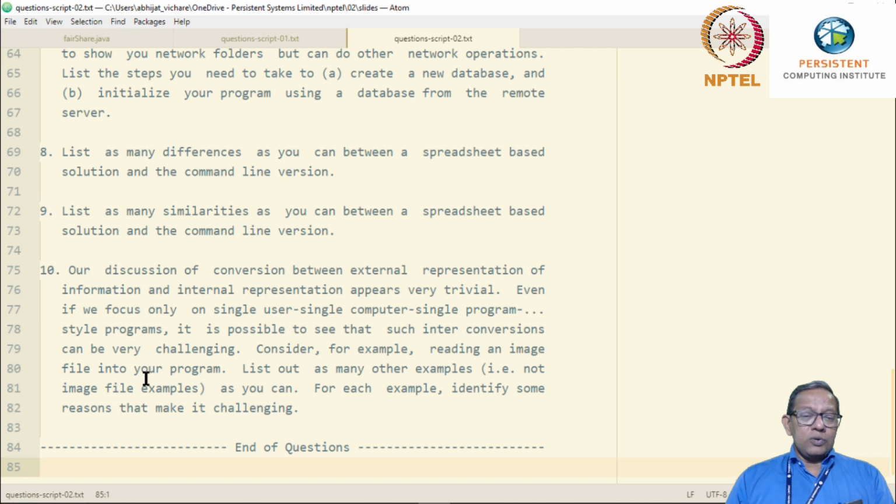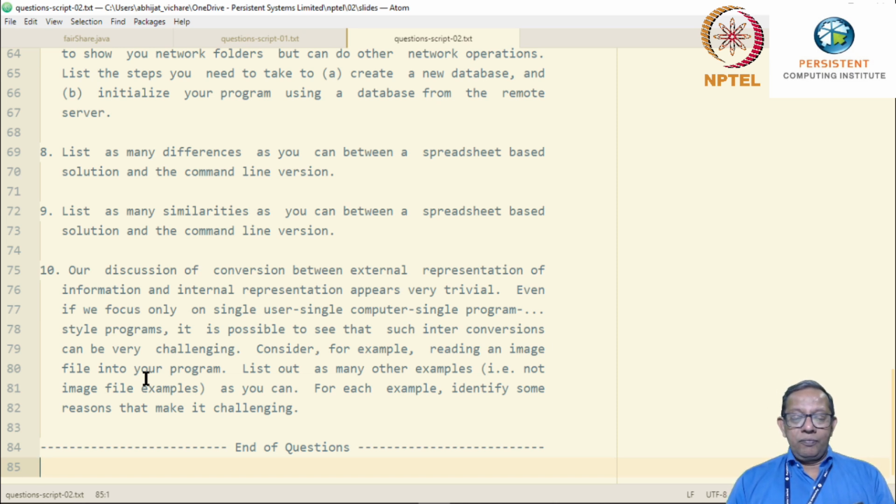Even if we focus only on single user, single computer, single program style programs, it is still possible to see that such interconversions can be challenging. Our example may make it appear trivial, but that is perhaps because our example was not a very good one.